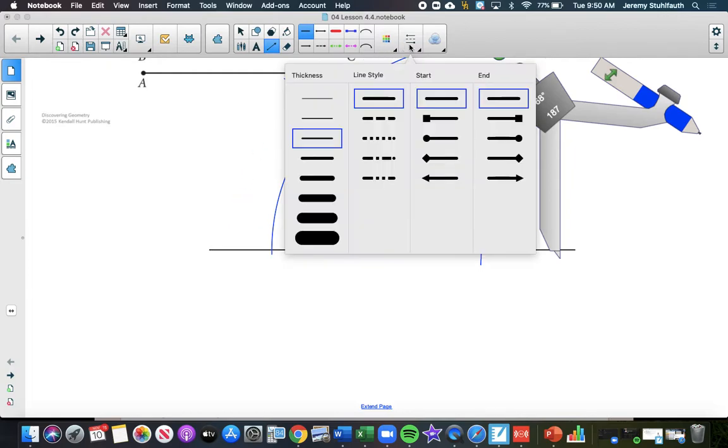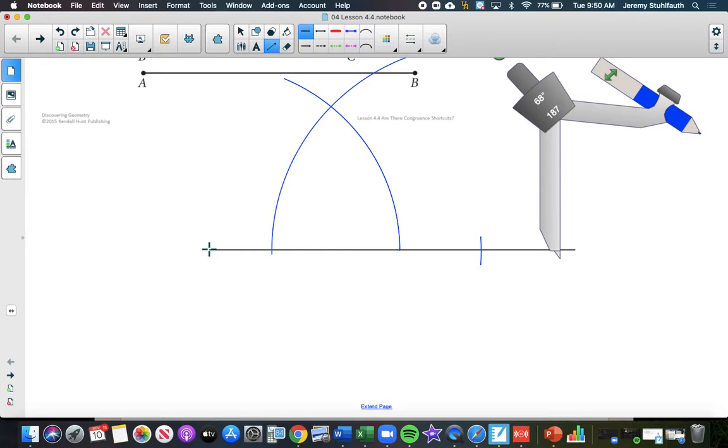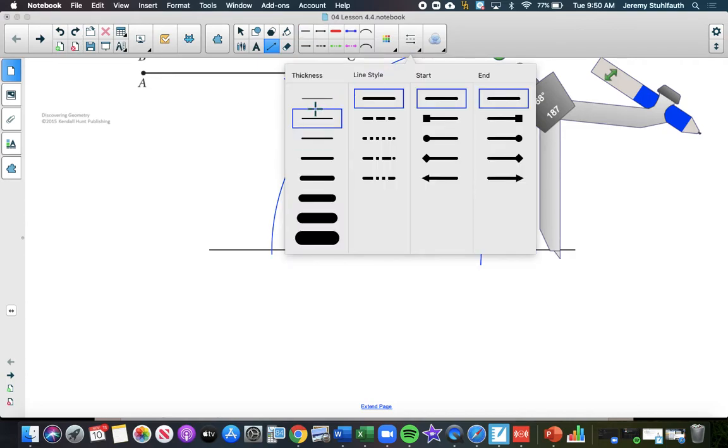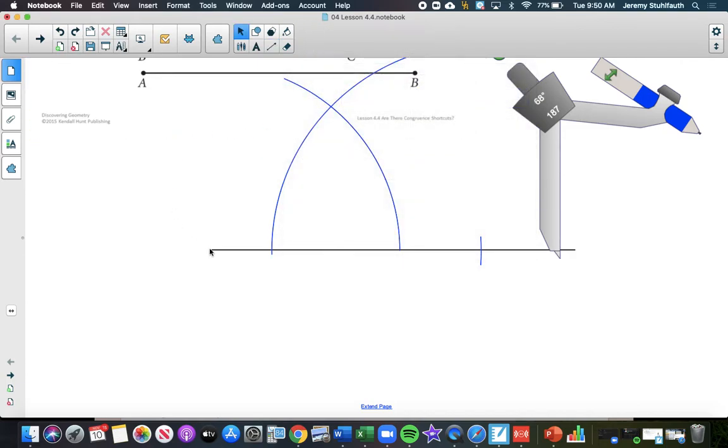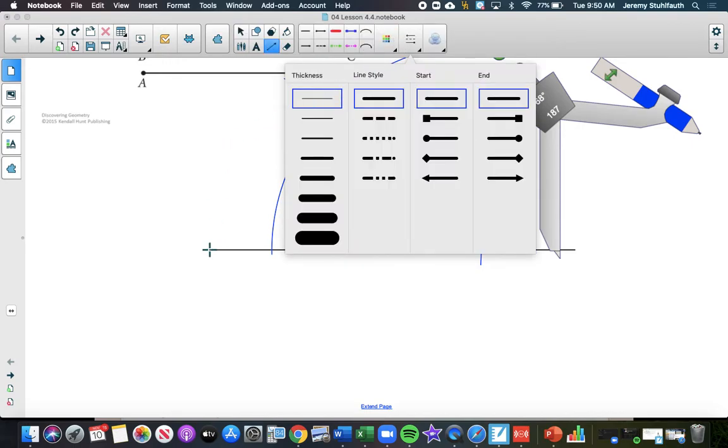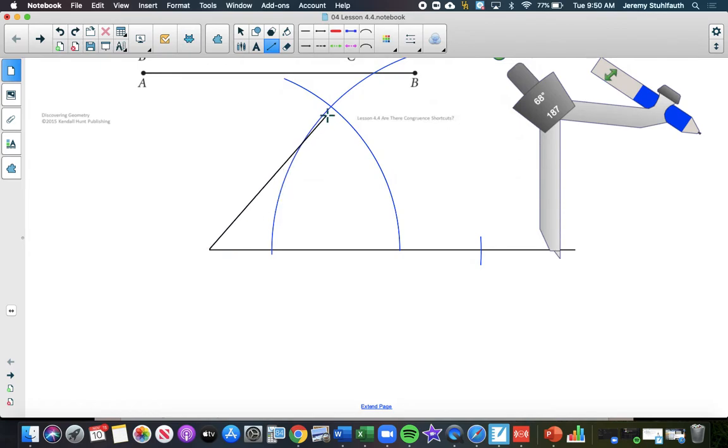Let me adjust the width of this line. There we go. So we're going to take this straight edge and we're going to connect, here we go, that goes there. And remember, we're connecting the point of intersection because that is the only point where these distances match up the way we need them to. So we have triangle A,